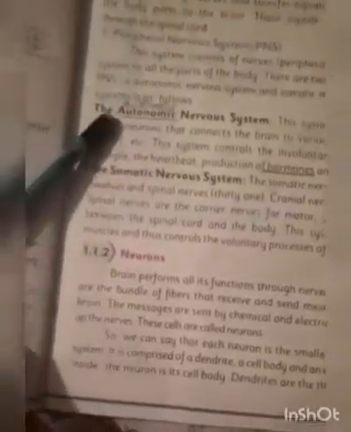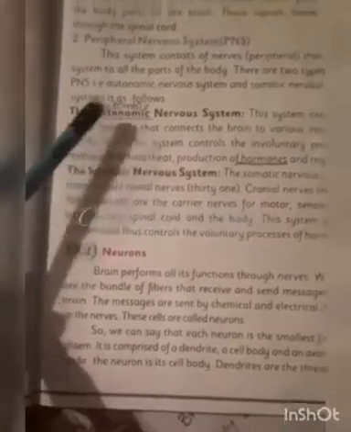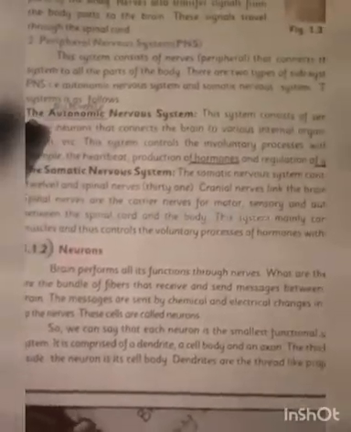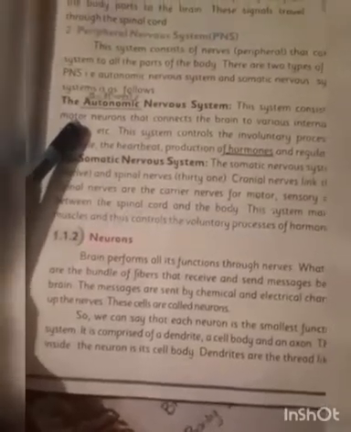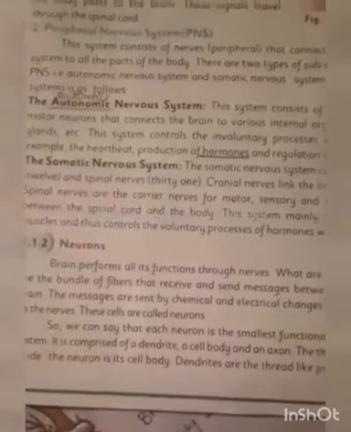The autonomic nervous system is the first part of your peripheral nervous system. Autonomic means here automatic, and automatic means that it will be involuntary in nature. So the autonomic nervous system consists of sensory neurons and motor neurons. Class, we have studied neurons, which are the building blocks and the cells of your nervous system.